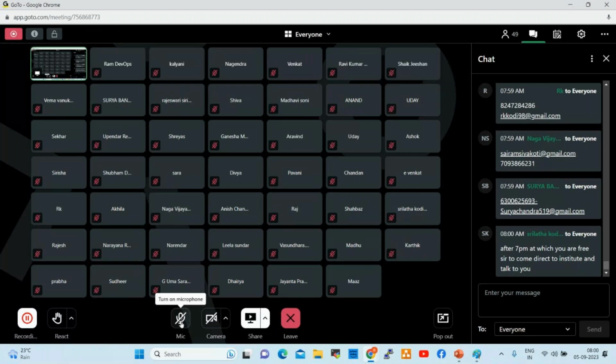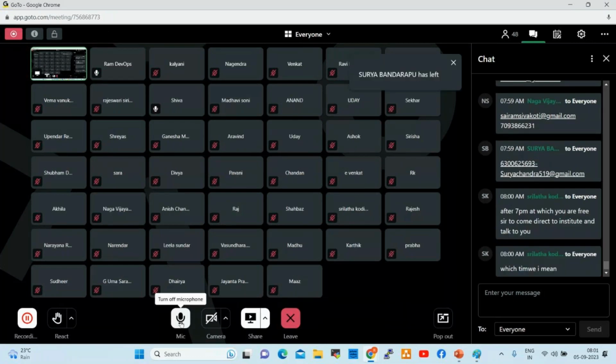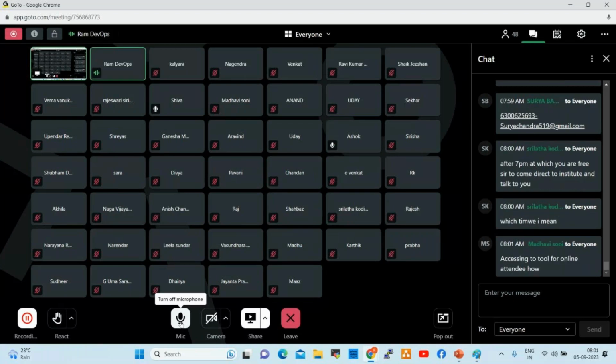So, any other questions, anyone? Hi Ram. Yeah, go ahead, please. One thing I want to know: how do we pay the fee, either Google Pay or do you have any specific payment option?